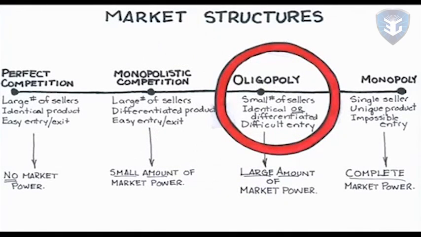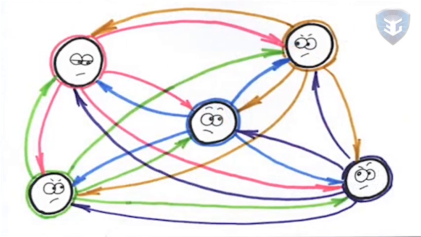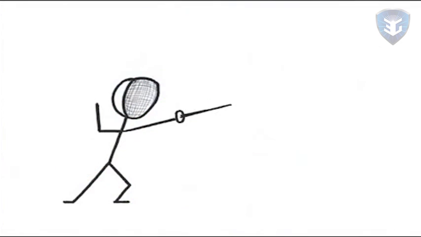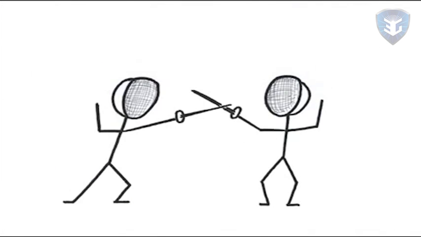Well, that's because the actions of any one firm will have an impact on all of the other players in the market. This mutual interdependence among firms means that each firm keeps an eye on everyone else, trying not only to anticipate moves, but also to have their own reaction plan in place. Will the other guy raise his price? Lower his price? If he makes a move, what will I do?